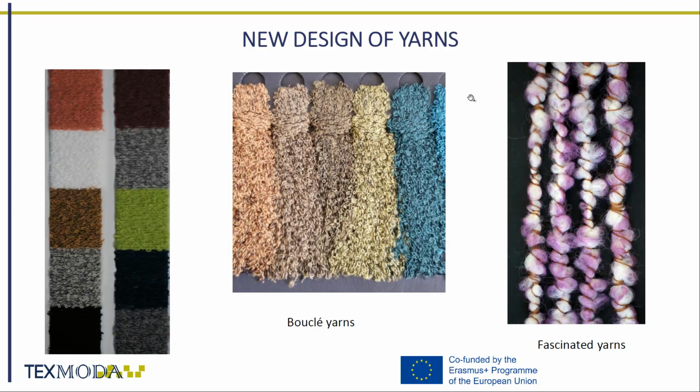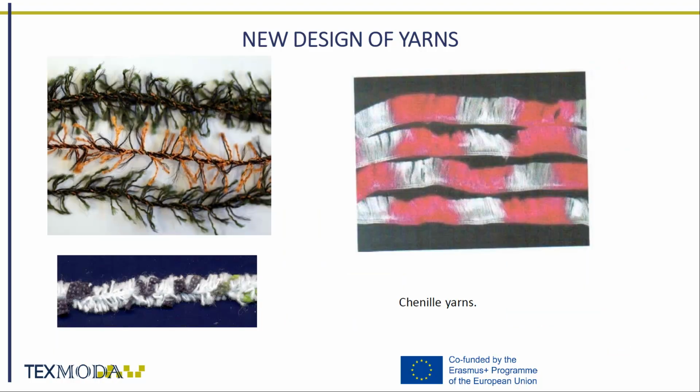Boucle effect on the yarn can only be achieved when the effect component is transported to the twisting zone with overfeed. In this case, the delivery speed of the effect yarn is bigger than the core yarn, so the effect component forms tightly or loosely placed waves on the core component. Chenille yarns are made by cutting fibers helically disposed around two axial yarns. These fibers can be of different colors.